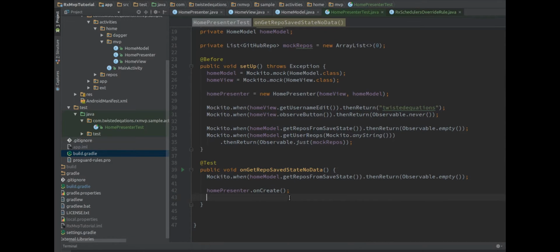a setMessage call. So we're going to say Mockito.verify home model, or home view, sorry, and never, if I can spell it, Mockito.never.setMessage Mockito.anyString. So now what this will do essentially is it'll say if there is no observable, or if there is nothing in the save state, when an onCreate is called, verify that the message was never set. So if we click run,